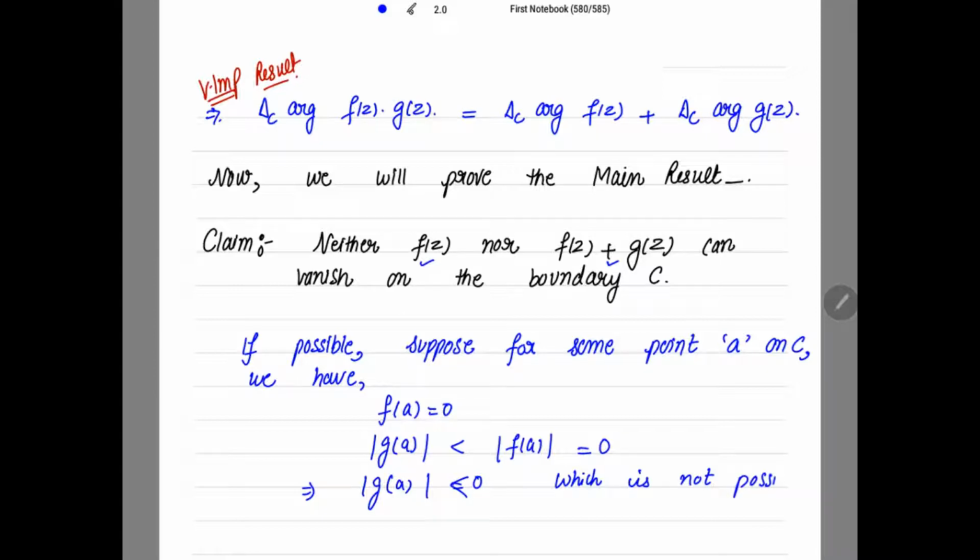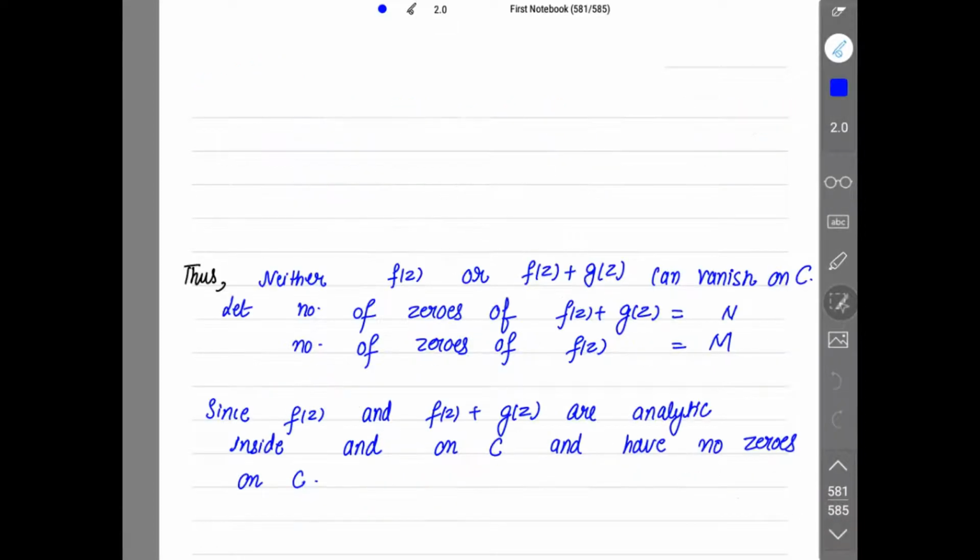That means the function f(z) is not vanishing on the boundary C, right? Now check for the other one, f(z) plus g(z). Put the point a in place of z. Let's check, is this function vanishing or not? Now f(a) plus g(a), if this is equal to 0, which means what we are saying